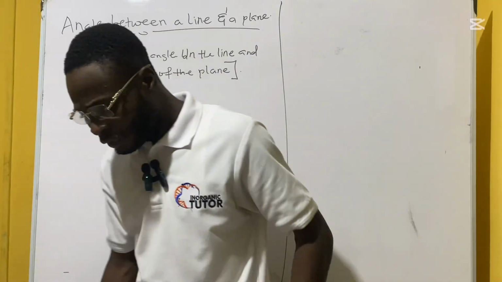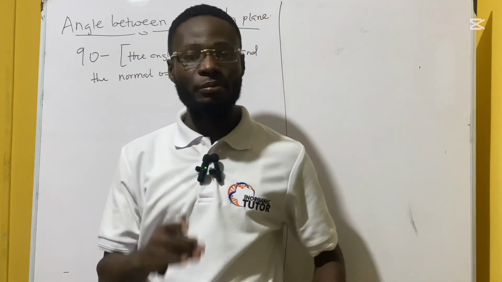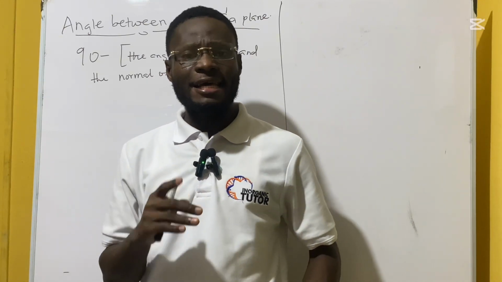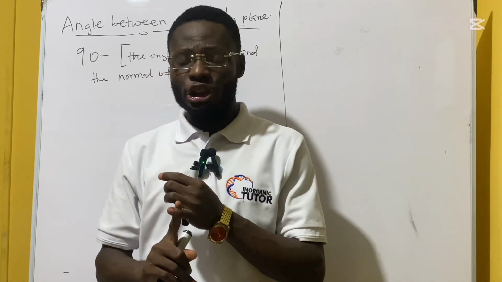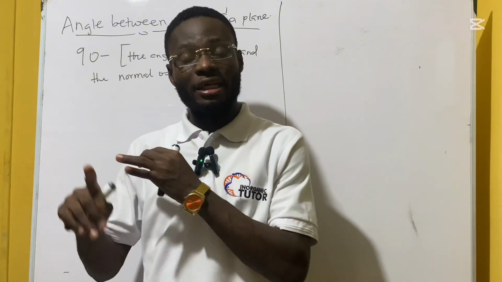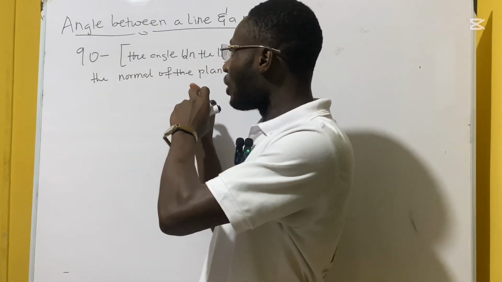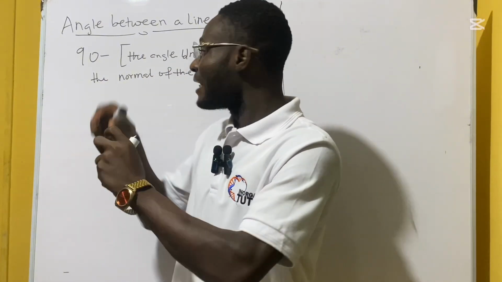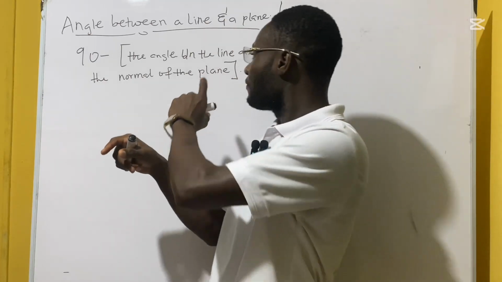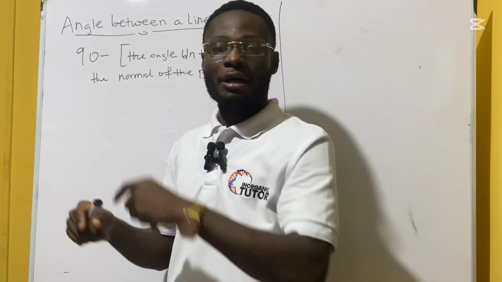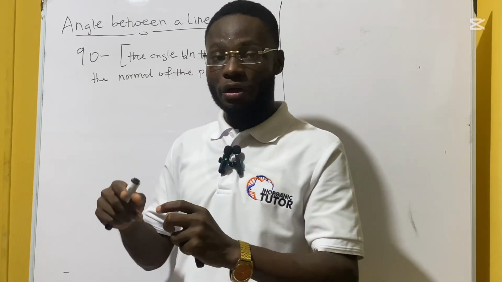Okay, so if you want to find the angle between a line and a plane, then one, you have to know that you're going to take the angle between the line and the normal of the plane from 90, because